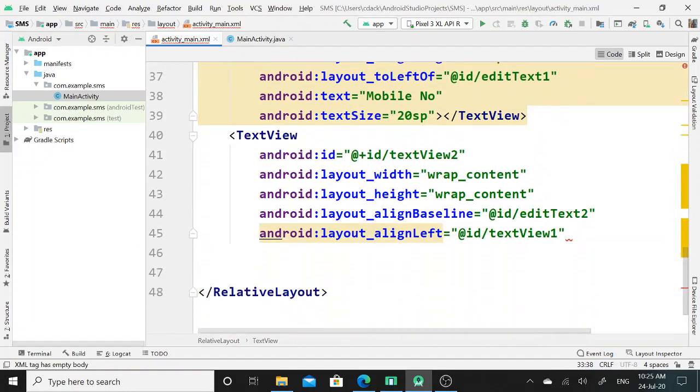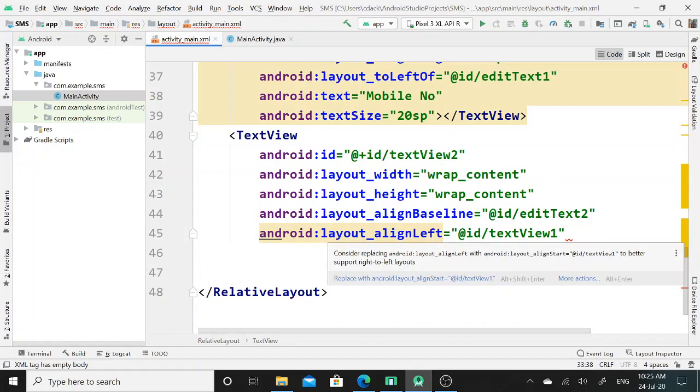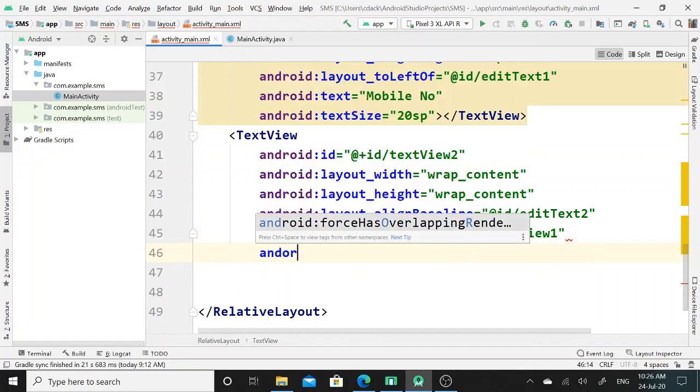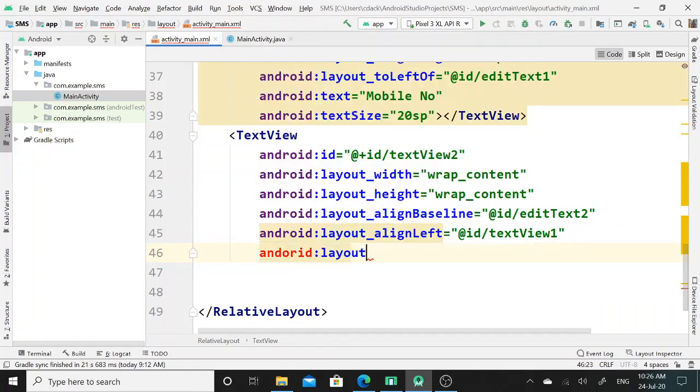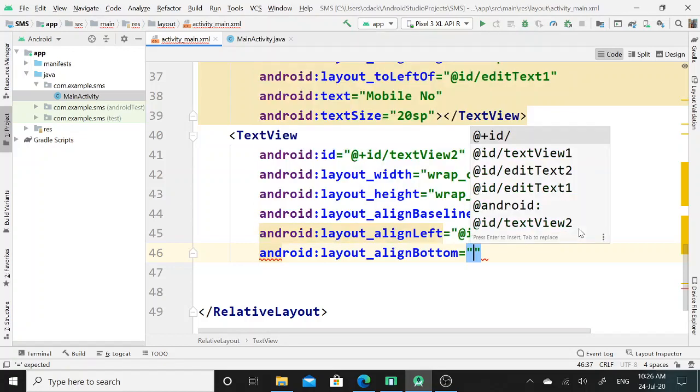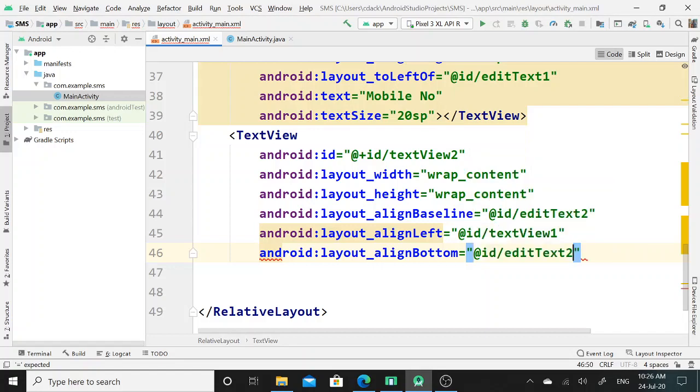So that's why for this attribute layout align left, I will set the ID of text view 1. Next property for this text view 2 is layout align bottom, and here I will set the ID of edit text 2.